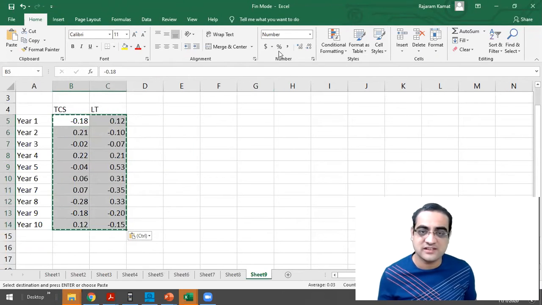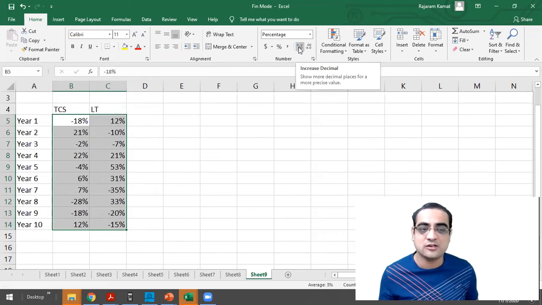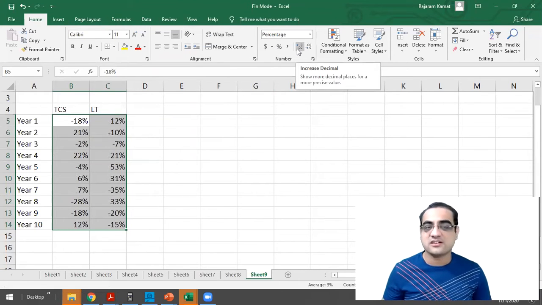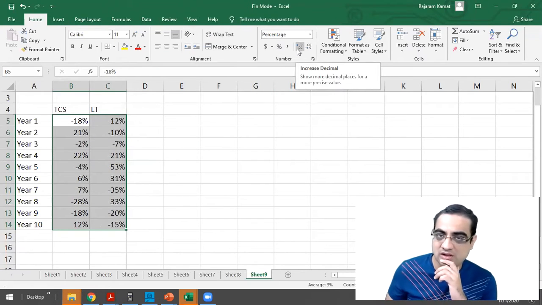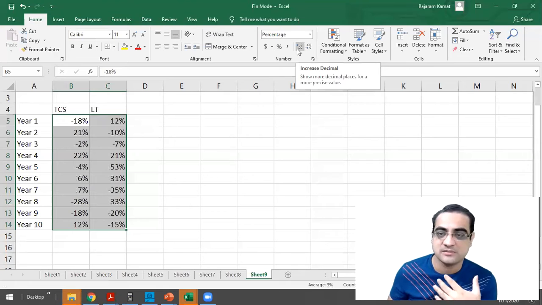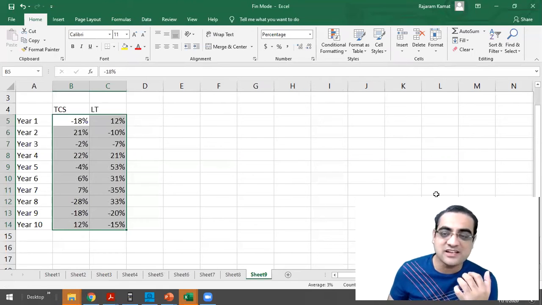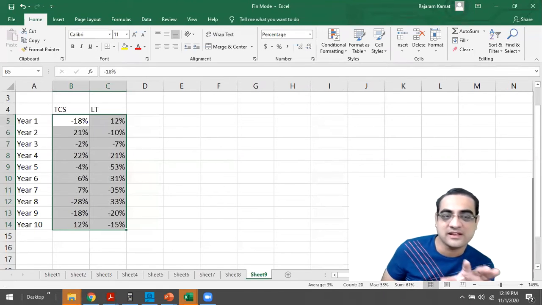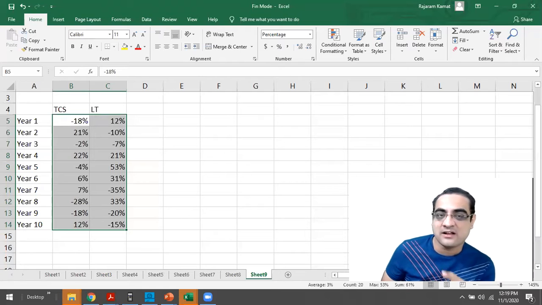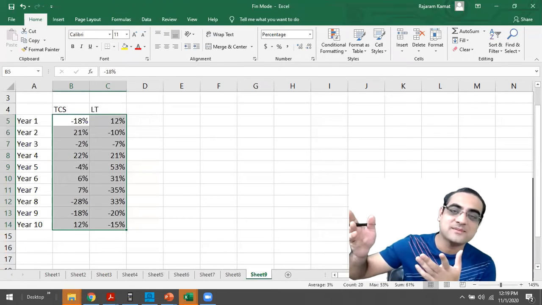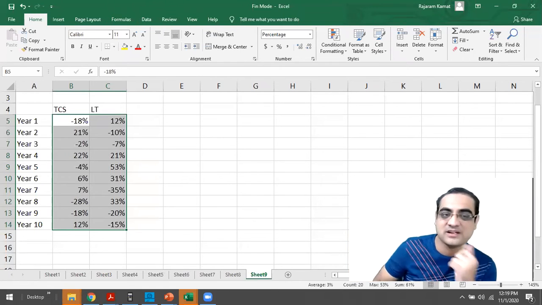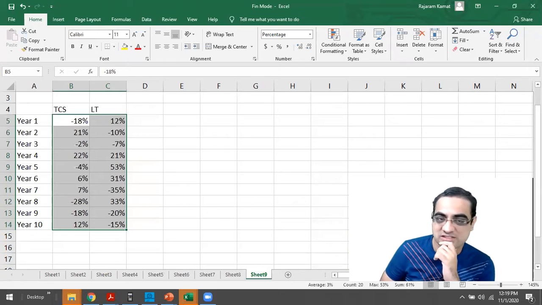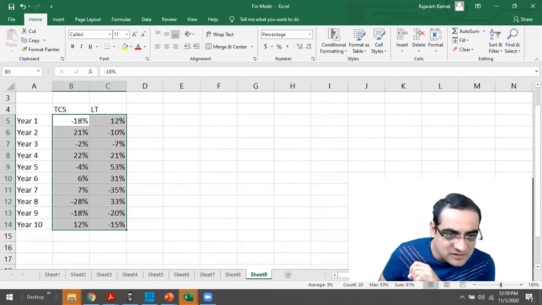So I'll just click on this and then click on percentage. So it got converted into percentages. All right. I would be happy if you could get the same data in your system, because then your numbers and my numbers would be matching. Because what happened in the last lecture, some of you later told me, sir, I'm not getting your answer. And the problem was your random numbers and my random numbers were different. So it's better you copy these random numbers in your Excel sheet. Are there too many negative numbers? No, it's fine. There are a lot of positive numbers also.